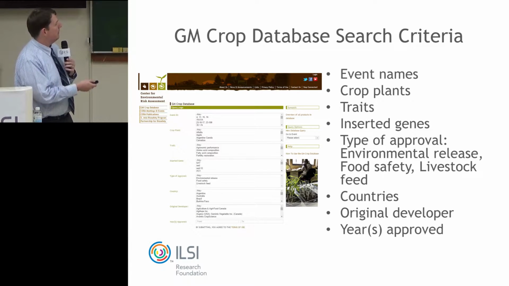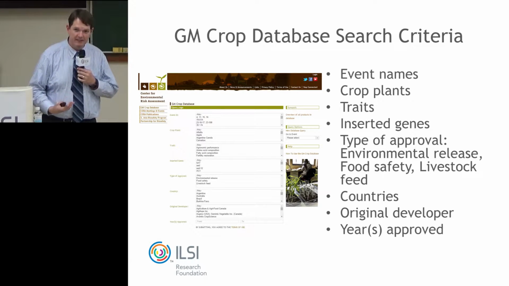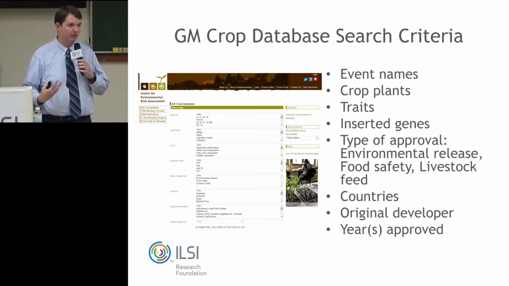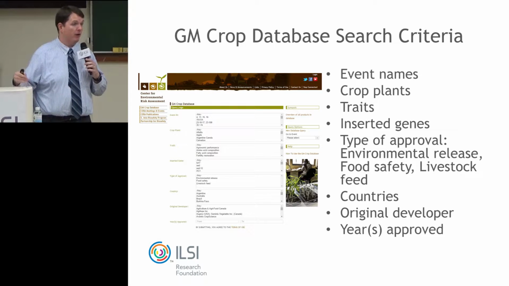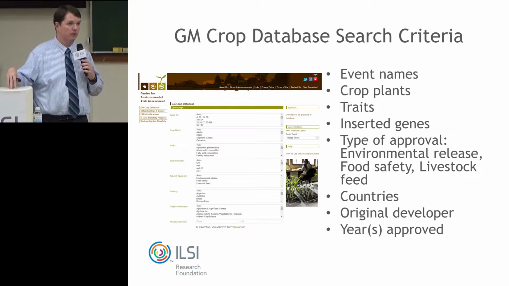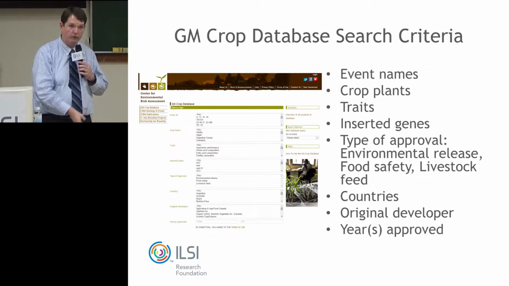The database has a lot of different ways you can search it. I'm not going to read all of these. It's just to give you an idea of the types of information and how you can find it. So the event names, most of these are built around the OECD unique identifier, and they'll have a 3-digit name for the developer. So if it's a Monsanto product, it starts with MON, and then it'll have a number. So MON 810 is a maize line, and you can pull that up and search for all of the approvals associated with MON